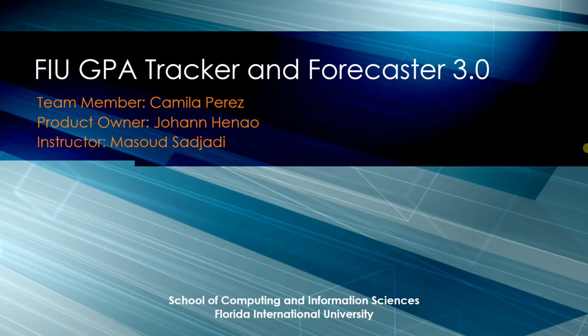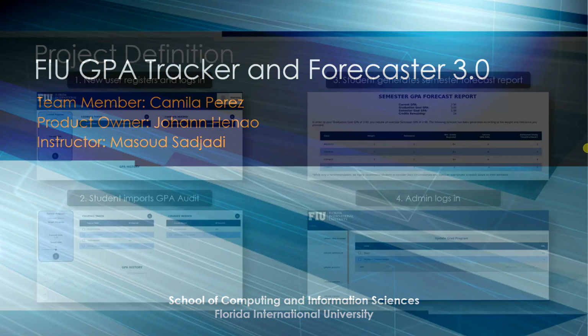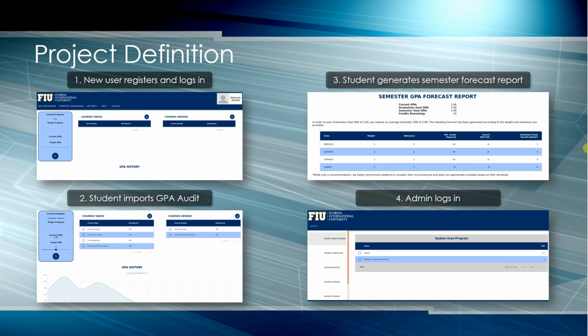Forecaster 3.0. The FIU GPA Tracker and Forecaster is a website that allows FIU students to import their Panther degree audit, which includes their course history and the grades for these courses, and then it advises the students on what they need to achieve a goal GPA. So when a student imports the Panther degree audit, he or she can set a goal GPA and then generate a forecast report that will show the minimum grade required for each remaining course in order to get that goal